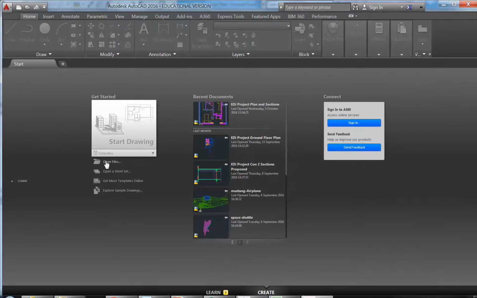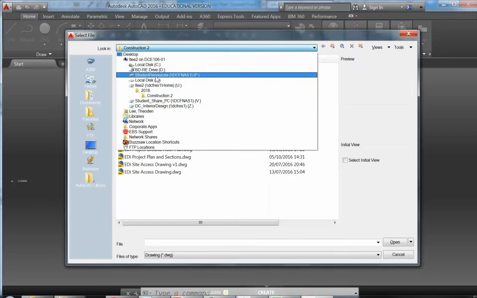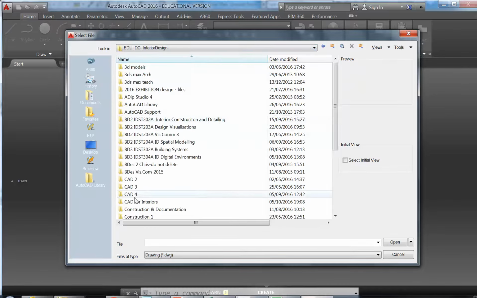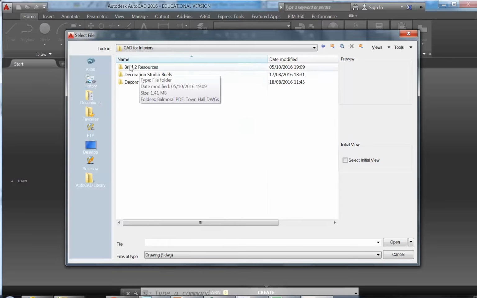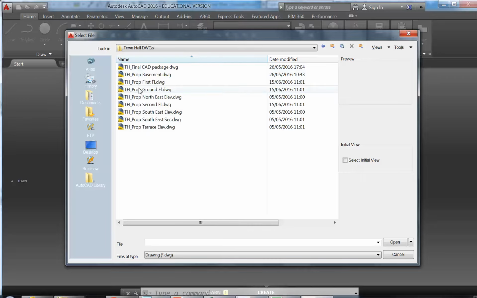So I've opened AutoCAD and I'm just going to go to open files there, and I'll open this file from the location that I've saved the files for you. So it's on the P drive, interior design, and then CAD for interiors, and then brief 2 resources and town hall DWGs. So there you can see we've got a series of files. This is set up pretty well. It's broken up with a file for each level,